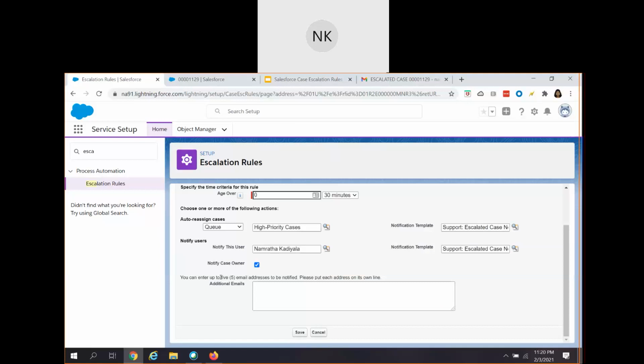And here you can also enter up to 5 email addresses to be notified. We can put each address on its own line. So if you want to escalate the cases to specific users, like your product manager, or your project manager, or your technical project manager, or whoever it is, escalation manager, you can include their email address over here, 5 email addresses, and the email will be sent out to them saying that this specific case is being escalated to you,